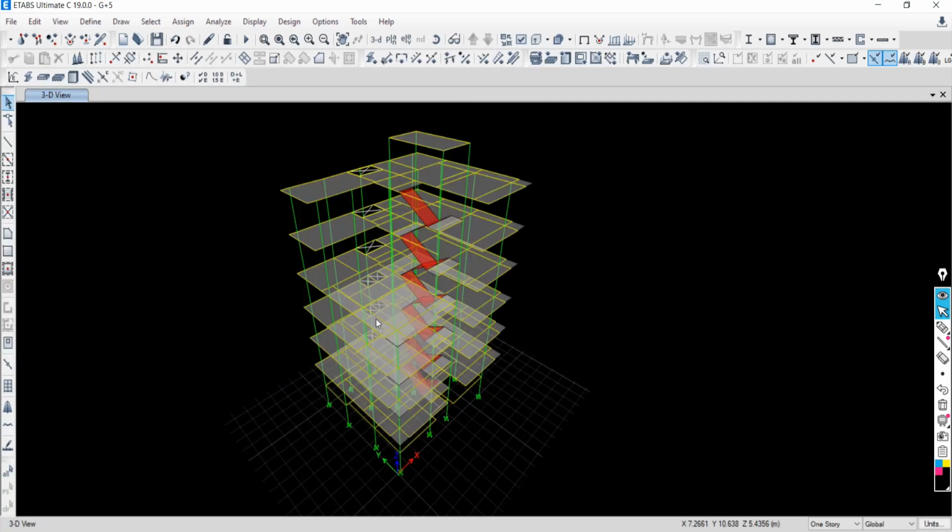So this is the black background. Yes, sir. The black theme is there, and it will by default adjust the element colors like beam, shear wall, column. By default, the element color will be suggested and selected by the ETAP software in respect of the theme. So what color will be suitable for the beams, column, shear wall, slab in respect of black background will be suggested.